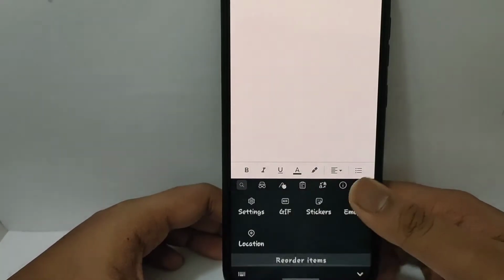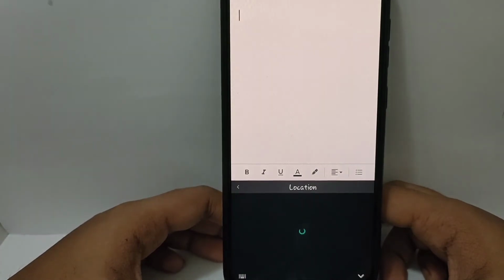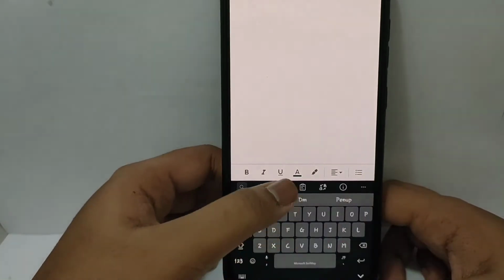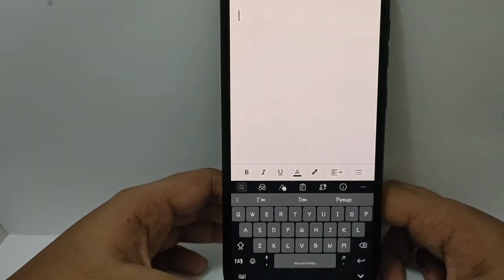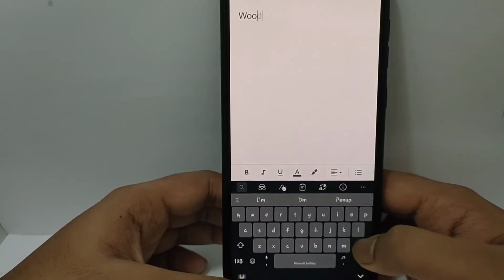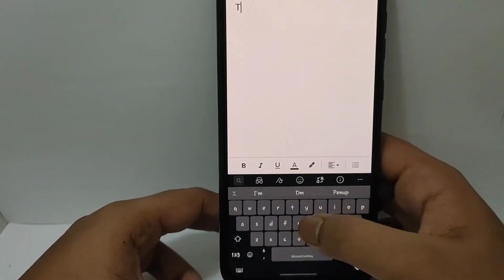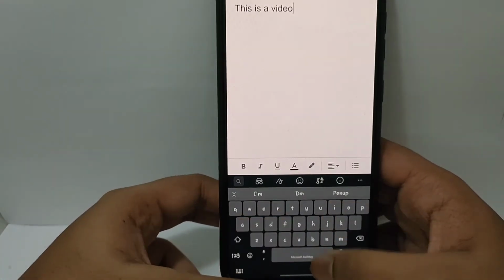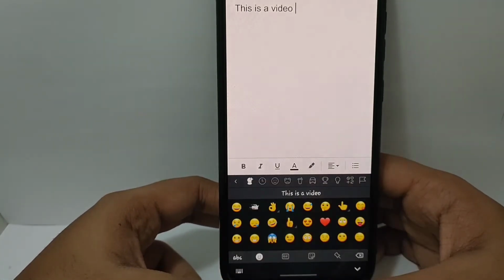The other few features that I'd like to mention specifically are the location feature, layouts feature, autocorrect, as well as the new emoji bar. The location feature does not work in my area currently, but what it does is it saves your location and you're able to tag what you type to a specific location. And then there's a new toggle for autocorrect in which you are able to drag it to the quick panel, and then you're able to turn the autocorrect on or off. The best part about the emoji section is that if I type whatever I want and then go to the emoji section directly, it gives you an appropriate emoji depending upon what you had typed.